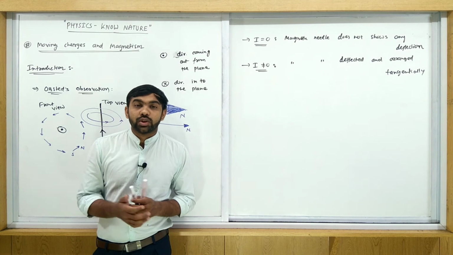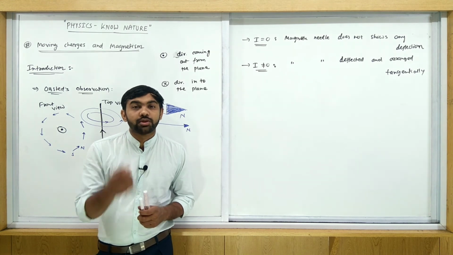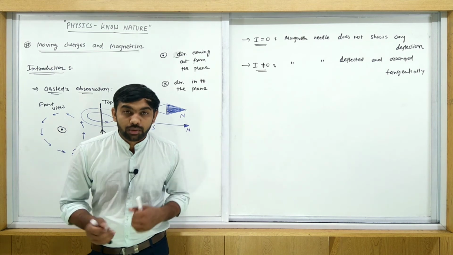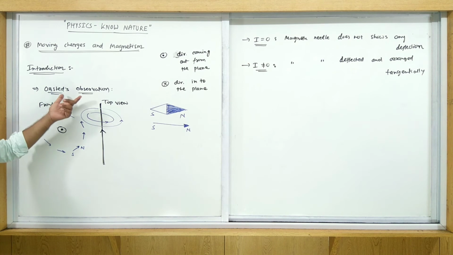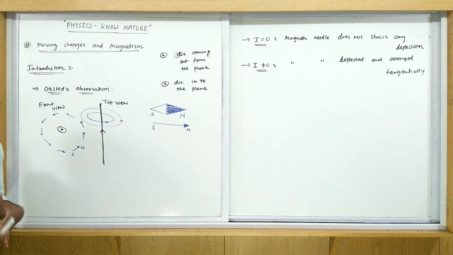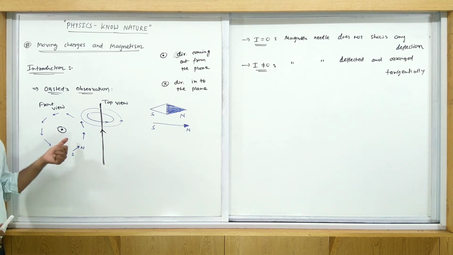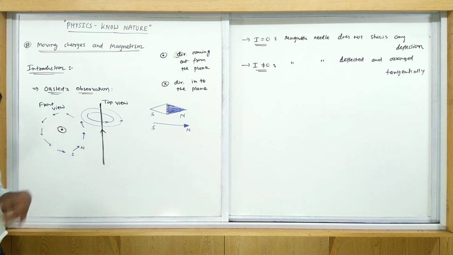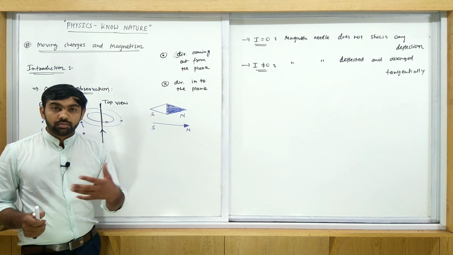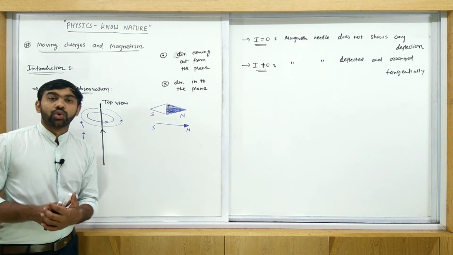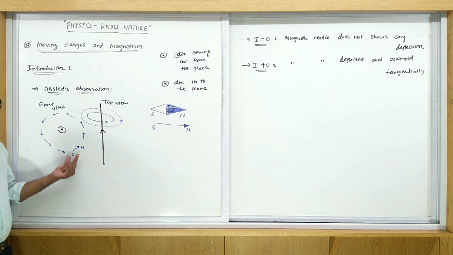So what is this actually? Something is produced here. The something is what? Magnetic field. So after passing some current through this wire, Oersted observed that a magnetic field is produced in the surrounding. When current flows through this wire and the needle is placed very near to the wire, the effect is visible. If it is very far away, then the effect is much lower, and the deflection is very small, so it's not observable.